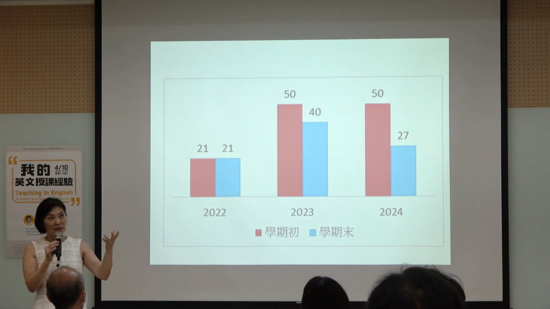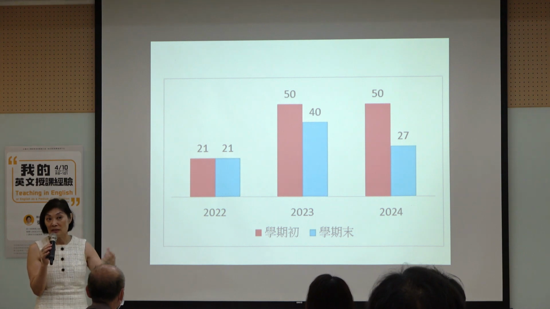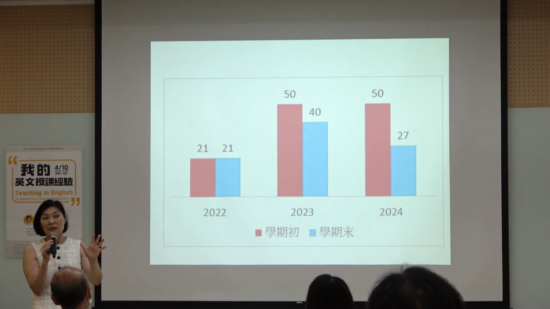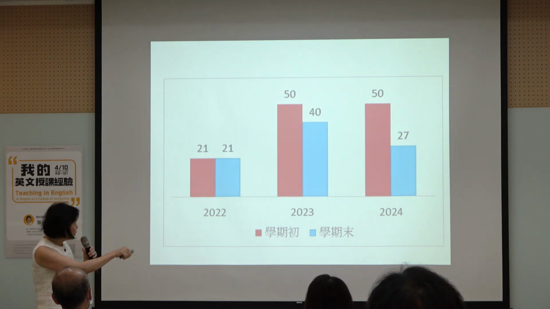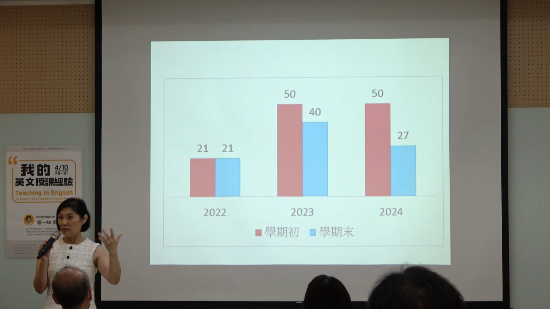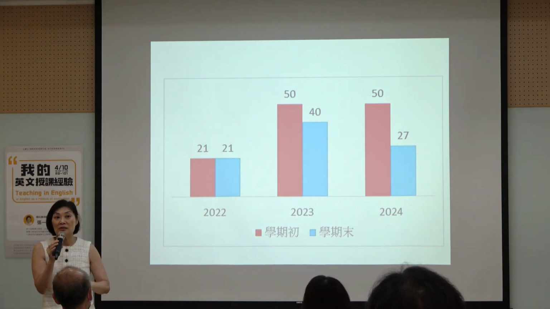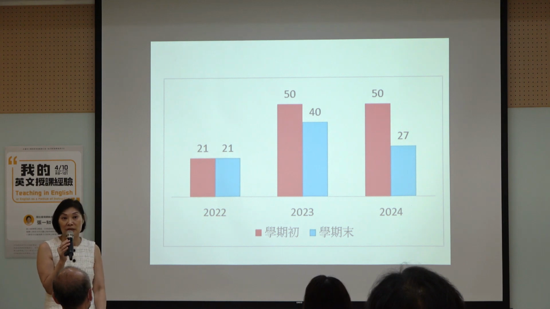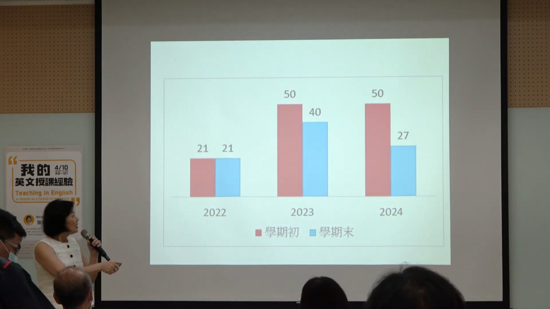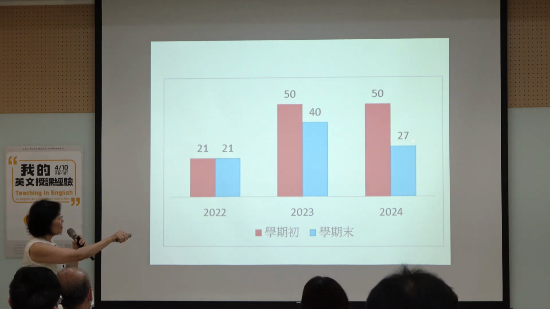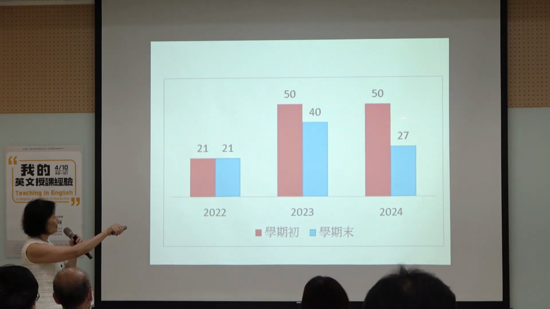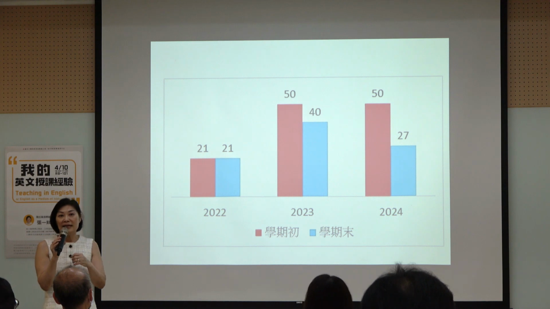And again, because I want them to speak in English, I can immediately notice that their English is much better than previously, much better than the 22. I don't know why, but apparently they are much better. Because of that, I also adjust a little bit on the teaching. I also adjust some different tactics, but roughly the same. It's still ongoing. So now I have 27 students.